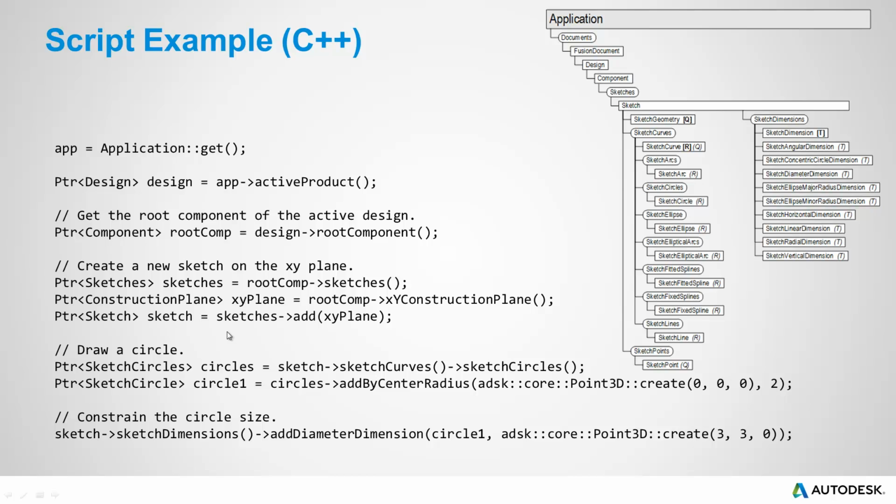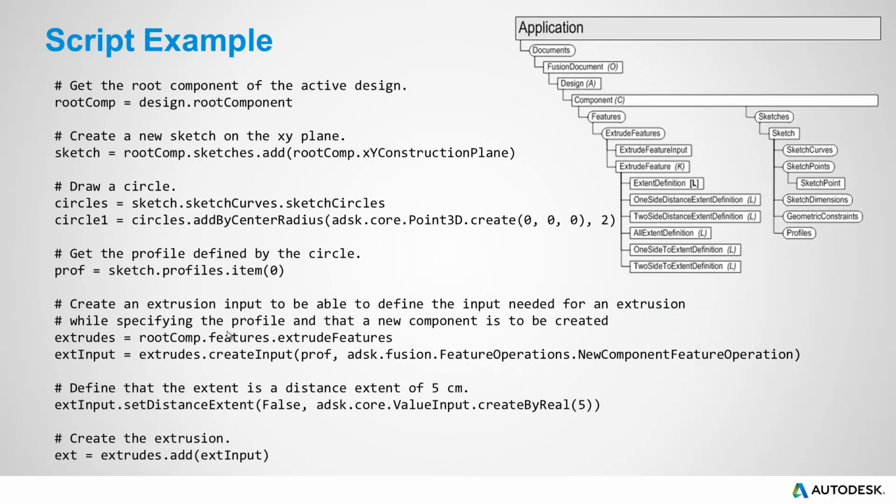Okay, so again, one API, and it's just exposed through different languages. All right, here's a little more complex program. The first part's doing the same thing. It's getting the root component, creating a sketch, adding a circle, but now we want to create an extrusion